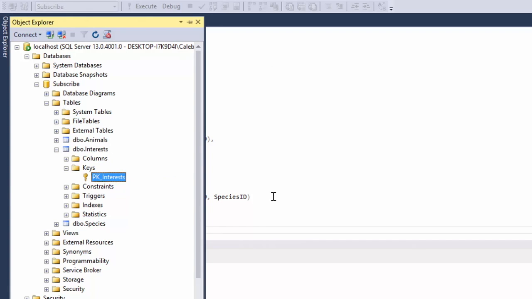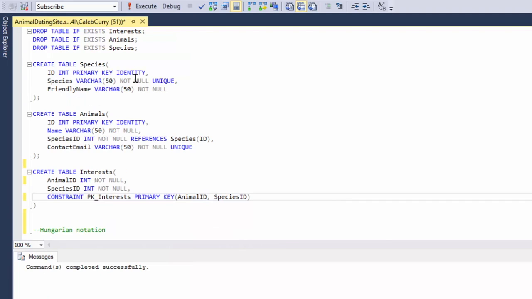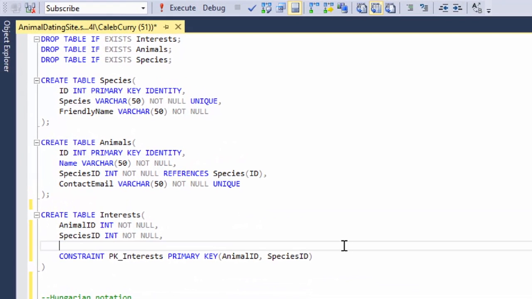Now let's talk about how to do that with foreign keys. It's very similar. We're going to put the foreign keys at the table level. So I'm going to start right here, and I will say constraint, give it a name, FK underscore. Now what are we going to name it? Well, we will name it the first table, so interests, and then the second table, which is the table it references. So interests, and this one is going to be for the animal ID, so I'll say animals. Then you have to say the constraint type, which is foreign key, and then you have to say what column it is on in parentheses. So this is on the animal ID,